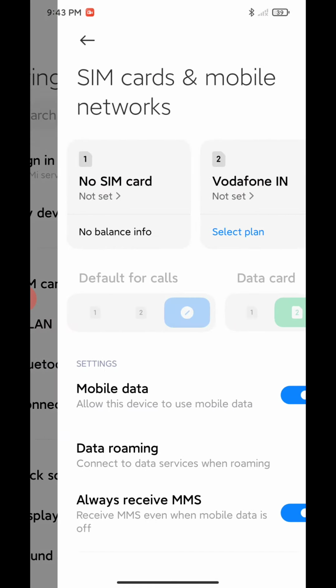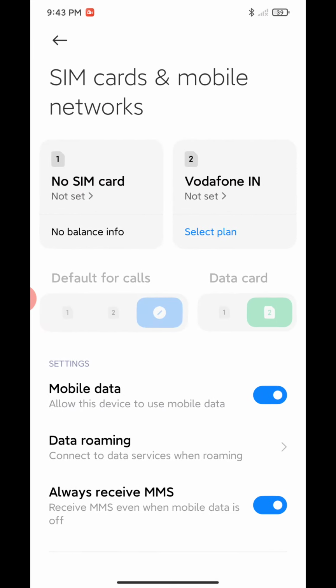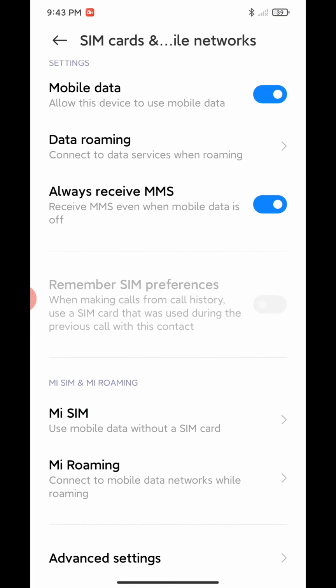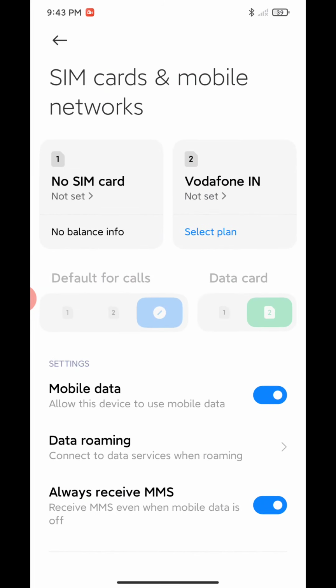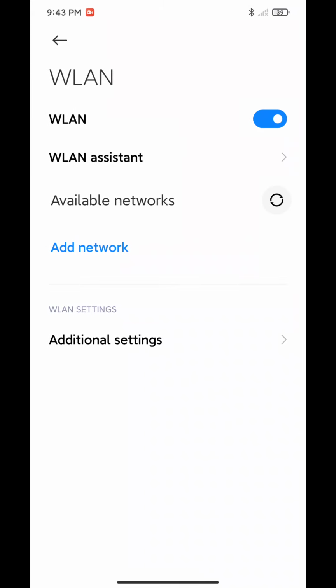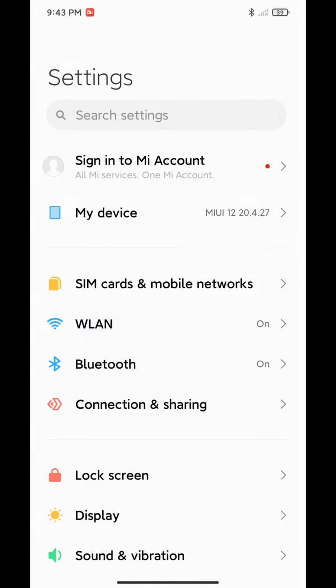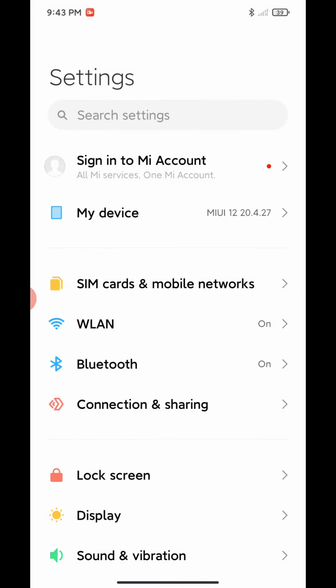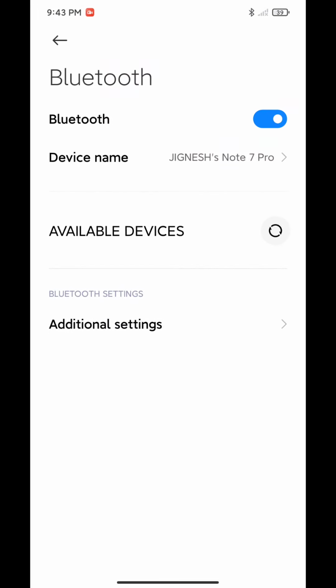Now let's move forward, SIM cards and mobile networks. As you can see, some of the user interface has been changed in this particular thing. It looks neat right now. I'll say it's neater than Samsung's One UI. If you want to see, it's neater than that. If you go into the WLAN, you can see the other options here. Everything is working perfectly, no issues with that too. In the Bluetooth,